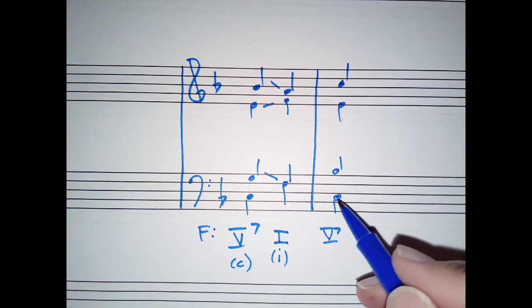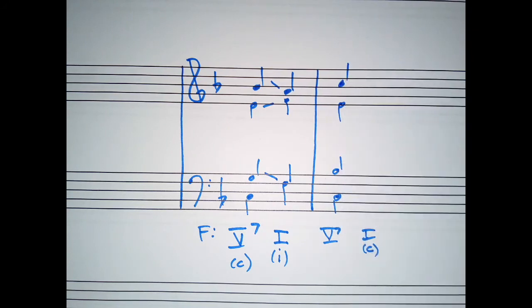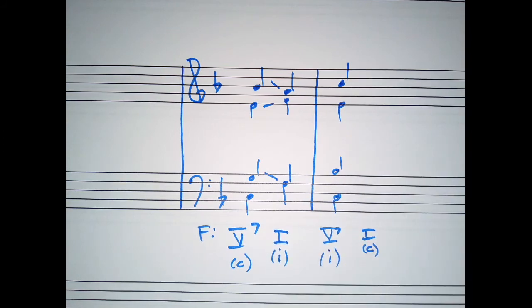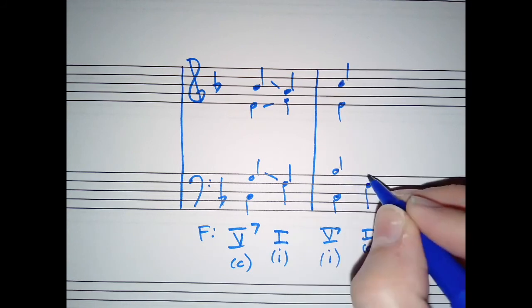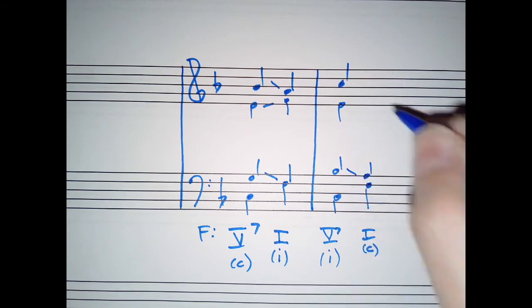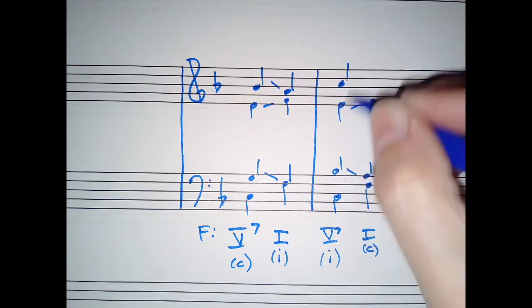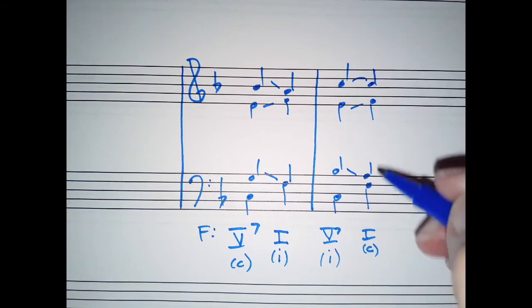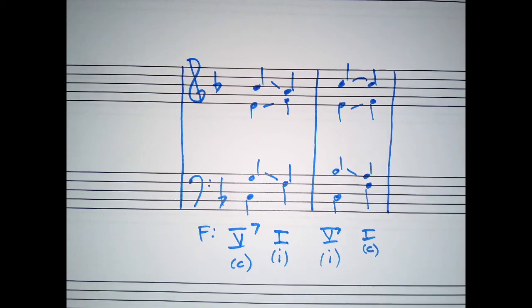You see this 5/7 has a root, a 3rd, and a 7th. This is incomplete. By doing this, we're able to resolve to our root position 1 chord. The 7th resolves down, the leading tone resolves up, and this extra root can sustain, giving us the proper doubling of 2 roots, a 3rd, and a 5th. Finally,